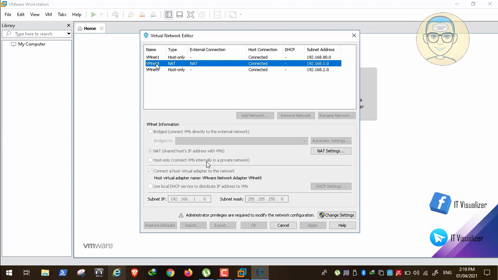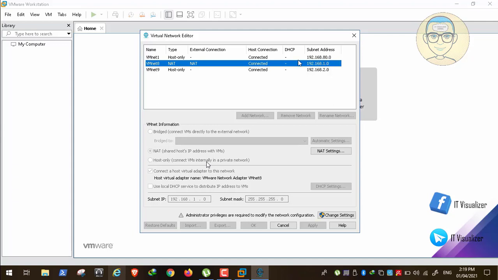Okay, VMnet8 is a virtual network that allows PCs to communicate with each other, and it lets them access the internet. As for VMnet9, it is host only. This is the same as VMnet1. This is a virtual network for PCs to communicate with themselves only, and not to get access to the internet. We will use this one, which is VMnet8. We will make PCs communicate with each other and get to the internet, and the subnet or the network will be